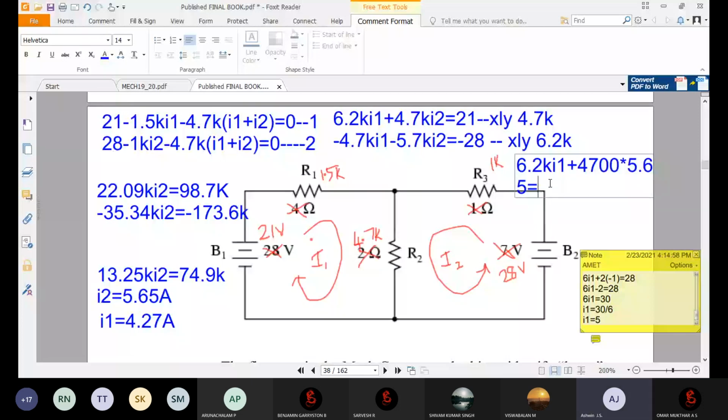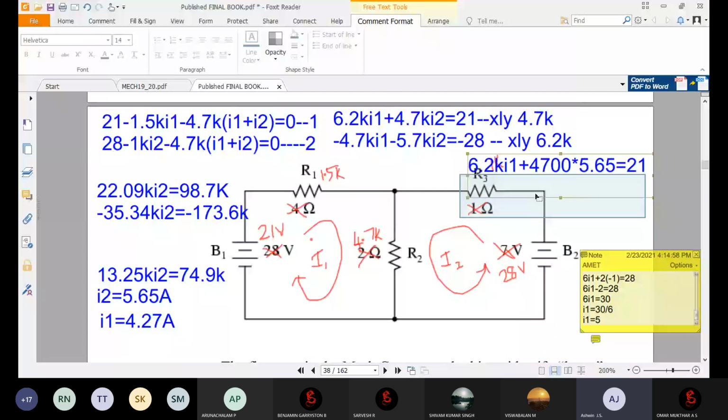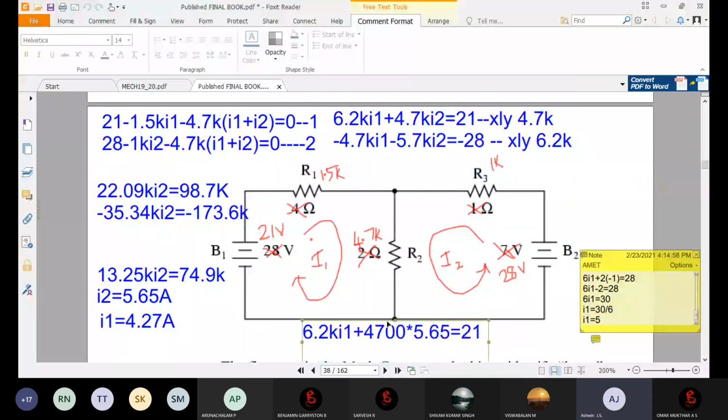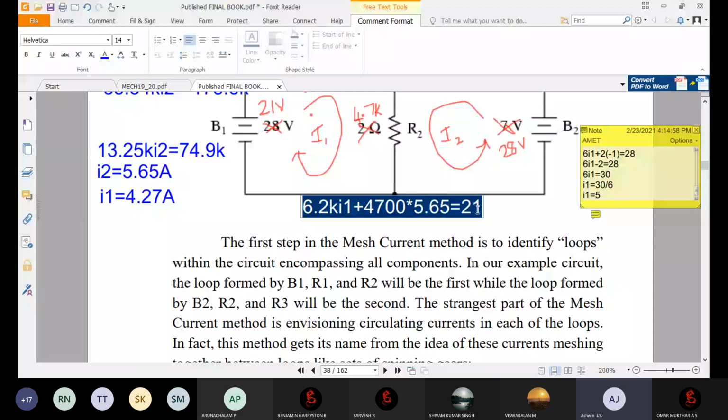This is the equation, right? Yes, sir. I will take it down. In this equation, after multiplication, I got the value like